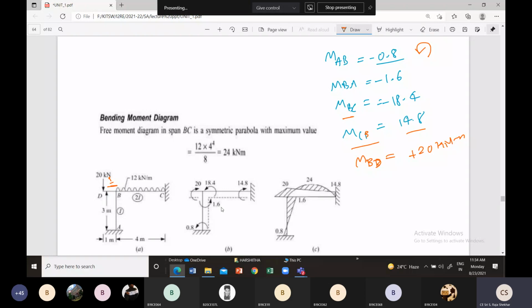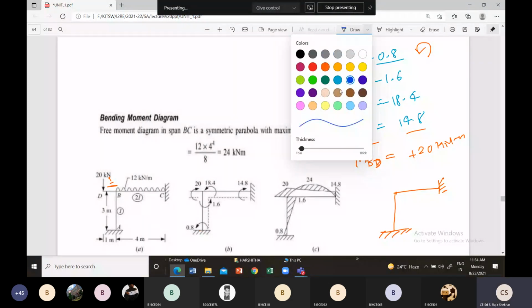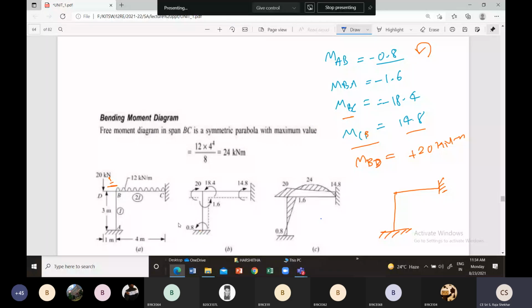So first what I am doing is I am just representing the ordinates. So this is negative. So first I'll draw this figure. MAB is equal to -8. So I'm going to represent on the negative side 0.8. Next, MBC is also negative. So MBC I'm representing here 1.6. Next,